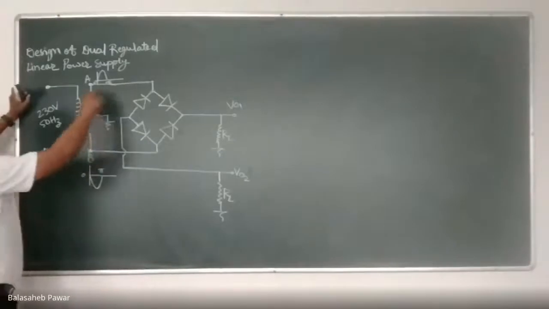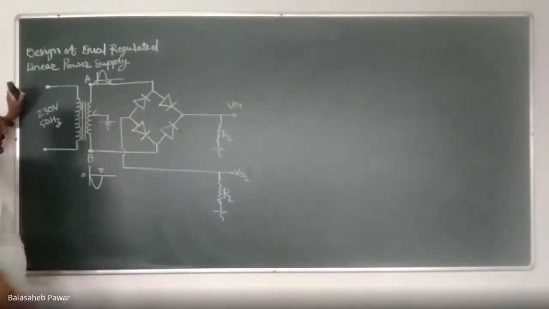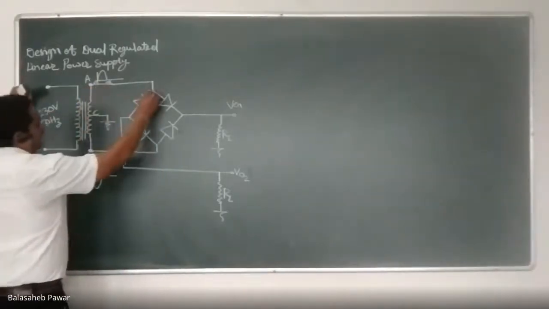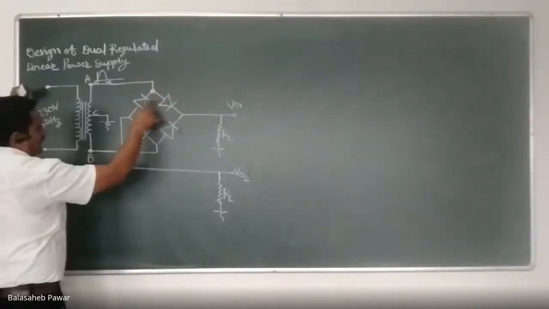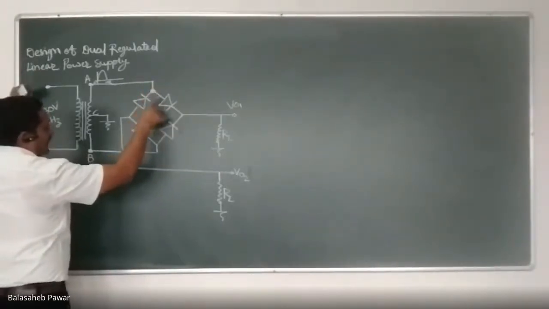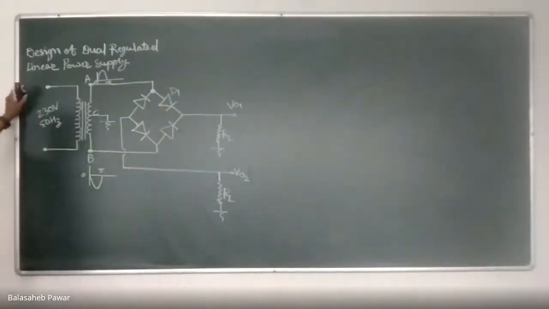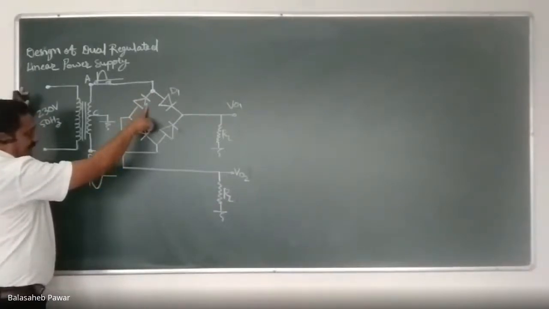Now, due to this upper half secondary, first of all, we will analyze what we can obtain as output. So for this time period 0 to pi, terminal A is connected at this node, which is formed by these two diodes. Out of these two diodes, here I will consider this diode as D1. Diode D1 is in forward bias condition, while the other diode, which is connected at the same node, is at reverse bias condition, and that's why